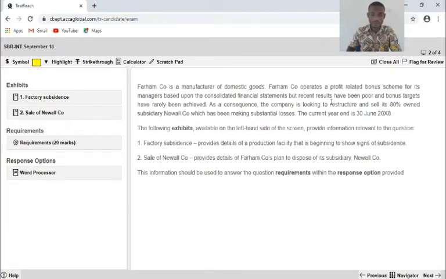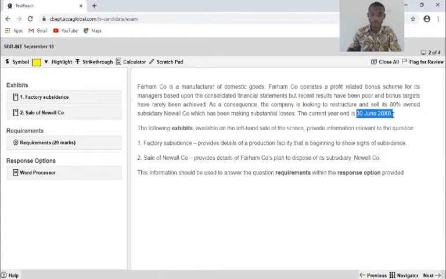But recent results have been poor and bonus targets have rarely been achieved. As a consequence, the company is looking to restructure and sell its 80% owned subsidiary Newell Co., which has been making substantial losses. The current year end is 30th June.